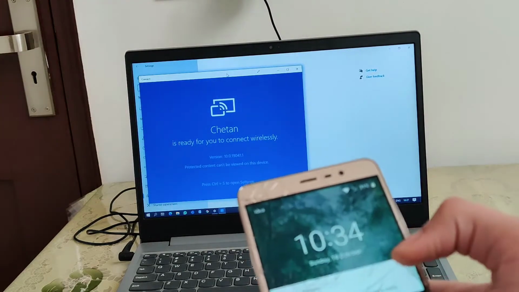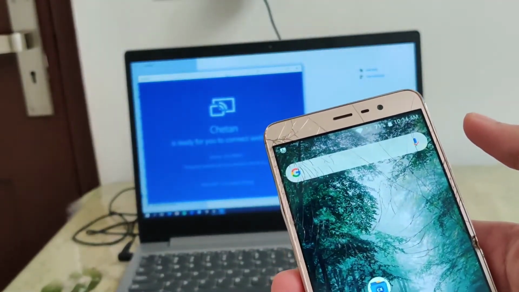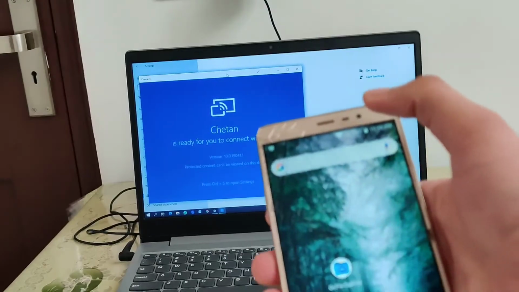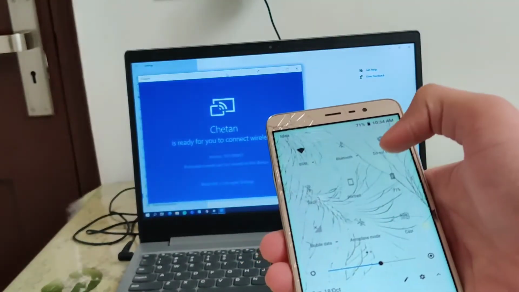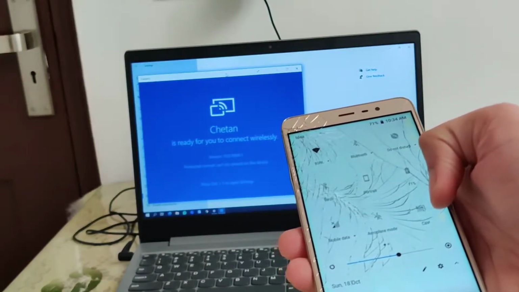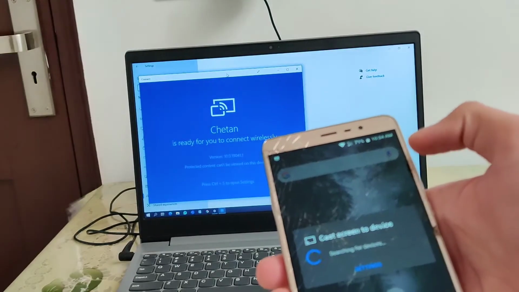It is a dummy mobile for me, it is only for the video purpose, that's why the screen is cracked. Okay, that's enough. For this you will have to move to the screencast option. It is available in the notification panel, or you can find it in your settings menu. So we'll just have to tap on cast.